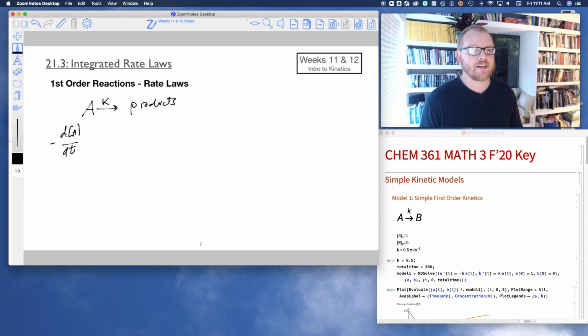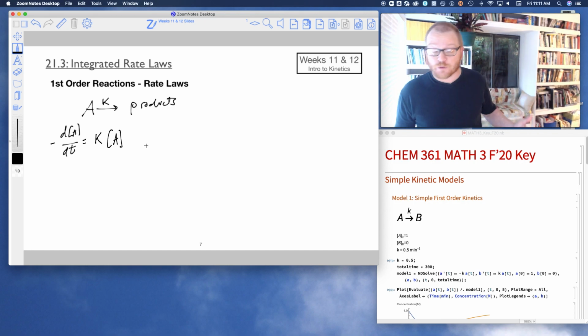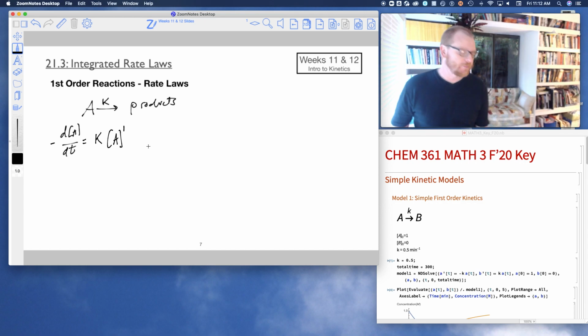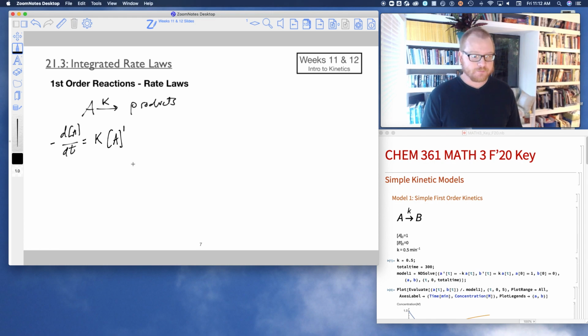Okay, here we go. So I'm going to say negative dA dt equals the rate constant times the concentration of A. And since we're saying we know this is a first order reaction, we know that this is really A raised to the first power, okay? So this is my rate law, okay? And this is a differential equation, believe it or not, all right? So if I rearrange this, I'm going to write this as dA dt equals negative K times A, all right,